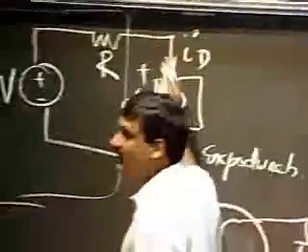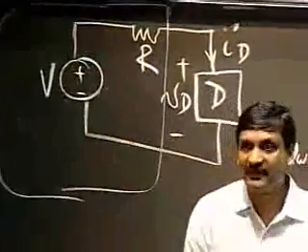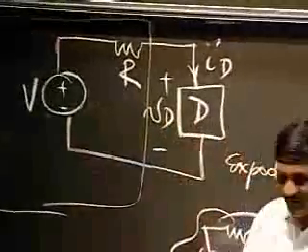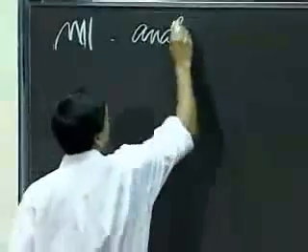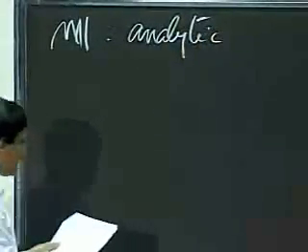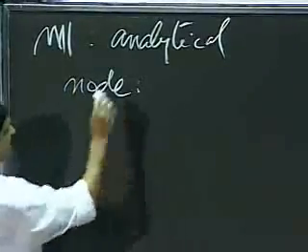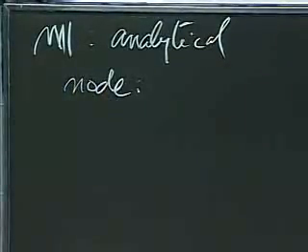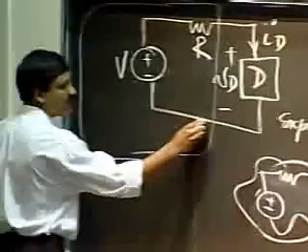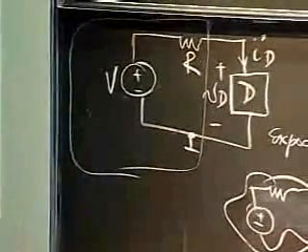Method 1 of analysis. So let's go ahead and analyze this pattern here. This template circuit, if you will, a voltage source, a resistor, and a nonlinear device. This is the analytical method. And remember the node equations, the node method applies. So let me go ahead and apply the node method. To apply the node method, I first have to select a ground node. Let me select this as my ground node.